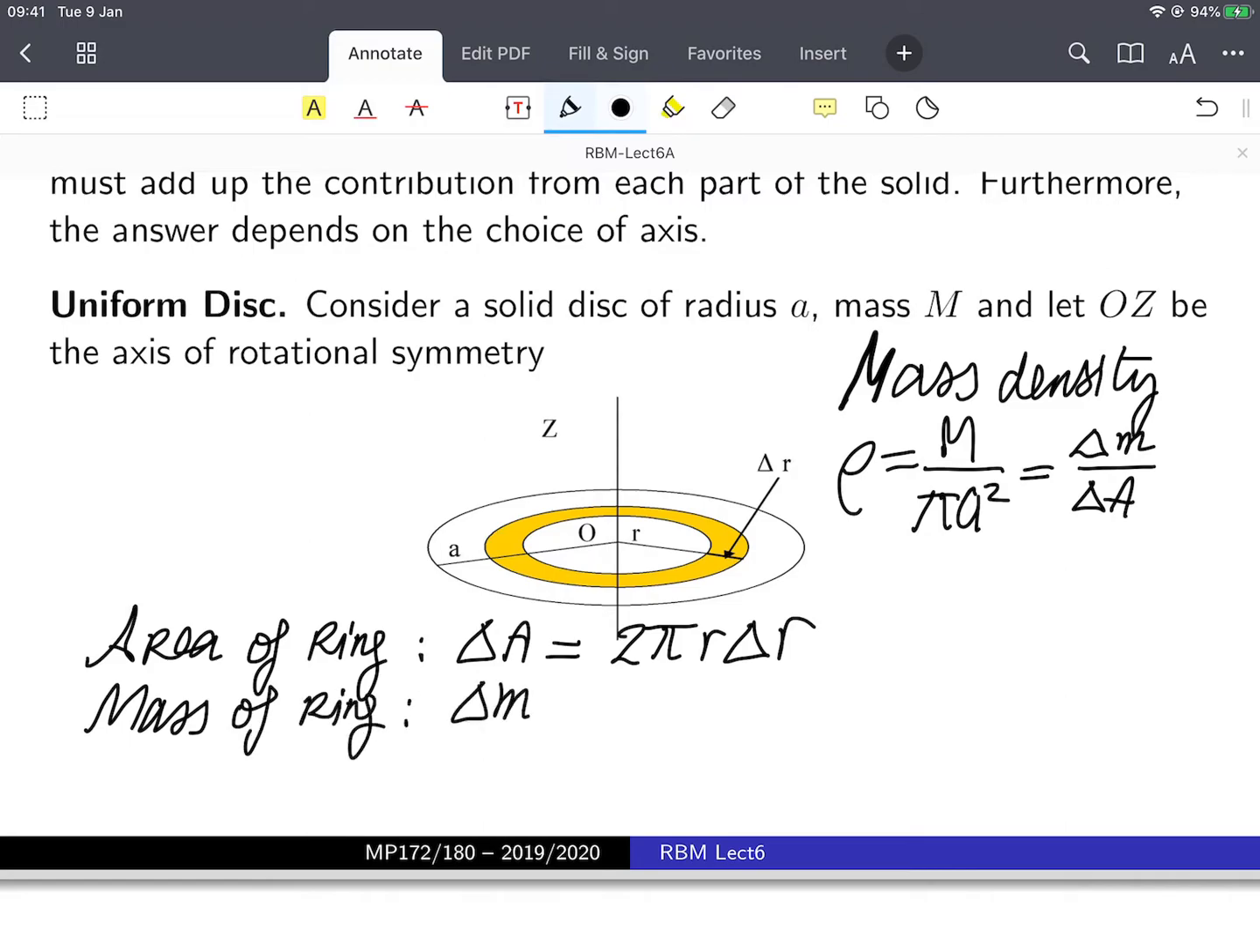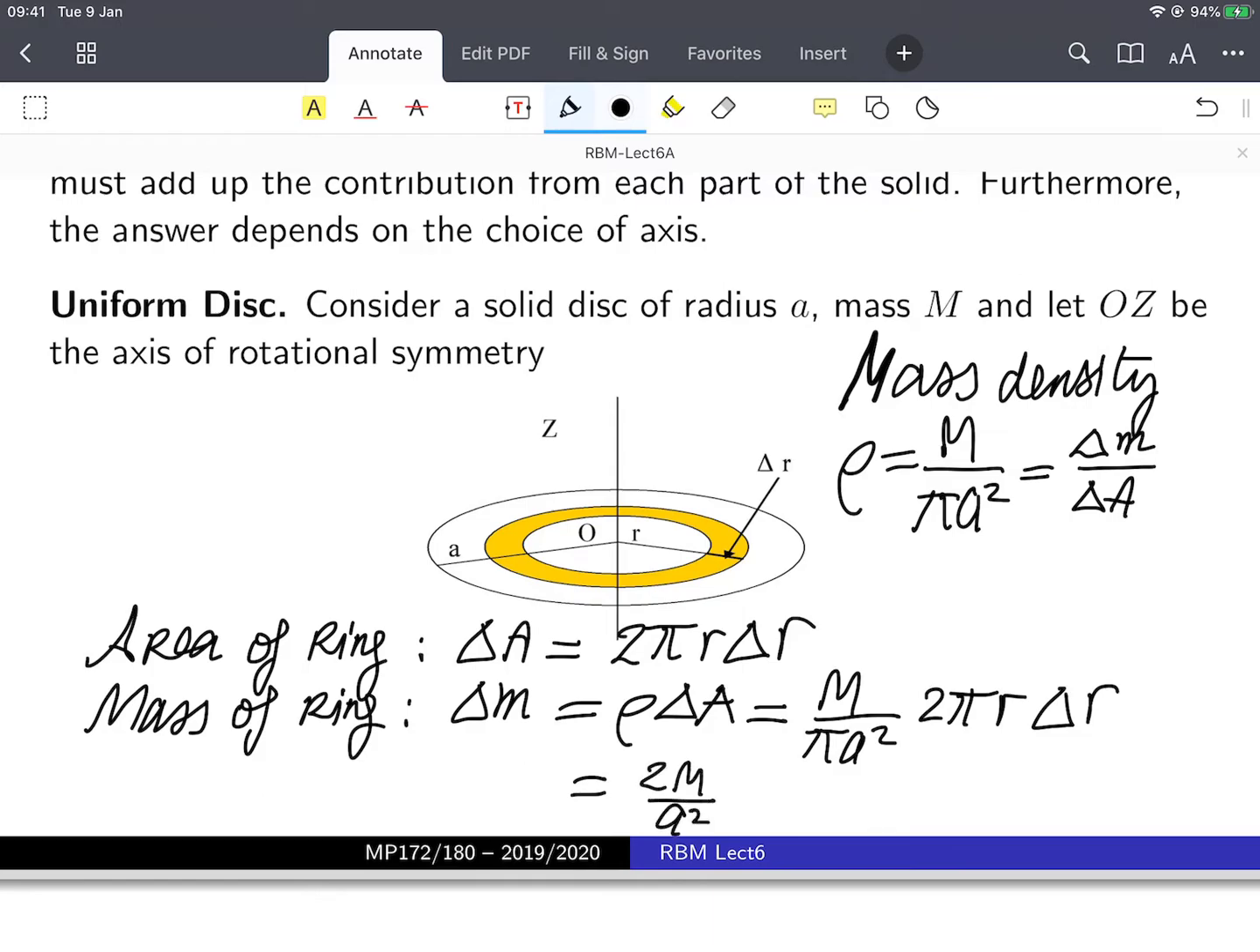Delta M is going to be rho delta A. I have it just here. And rho, I also have it, M over pi a squared, delta A, 2 pi r delta r. So I end up with, the pi's cancel out, 2M over a squared, r delta r. Now that I have